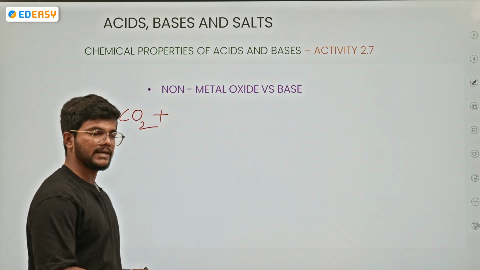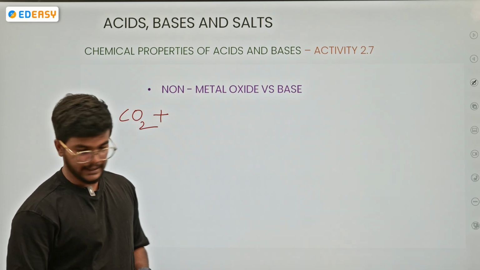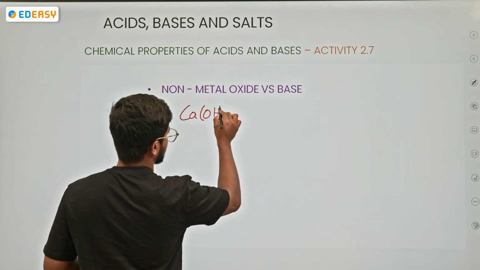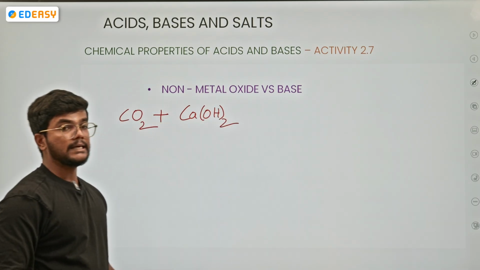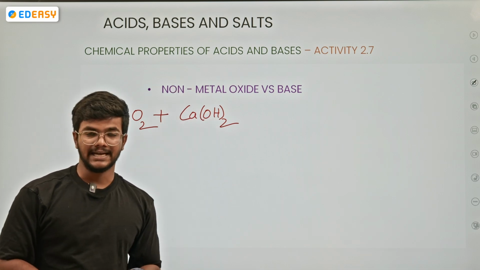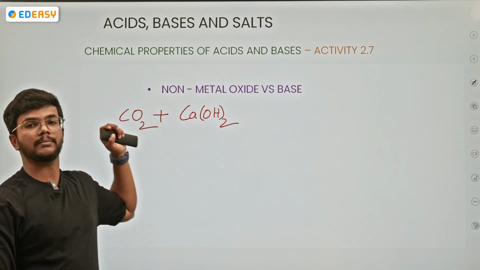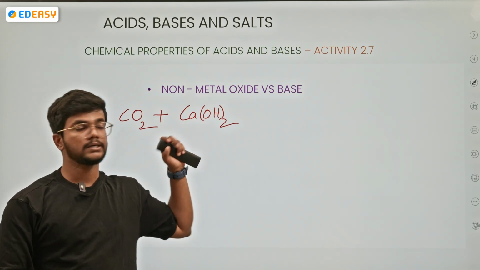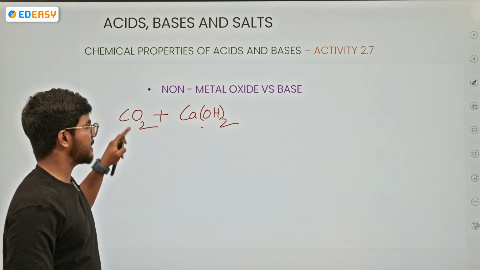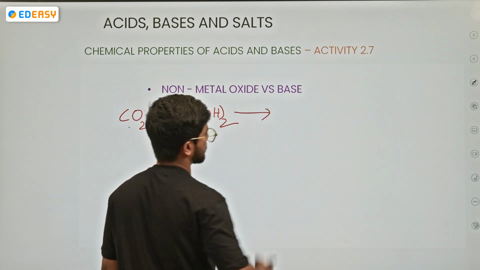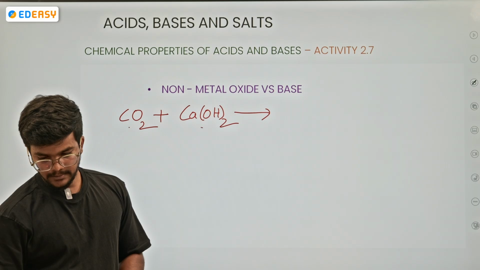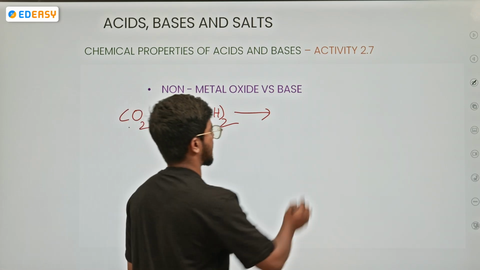Yes, there are many bases. So calcium hydroxide, Ca(OH)2. Why only this example? We have already used this example in the previous slides, to identify carbon dioxide with lime water. So this will be the lime water, which is a base. When lime water reacts with carbon dioxide, the products will be, let me know in the comment section. Calcium carbonate. Yes, calcium carbonate,